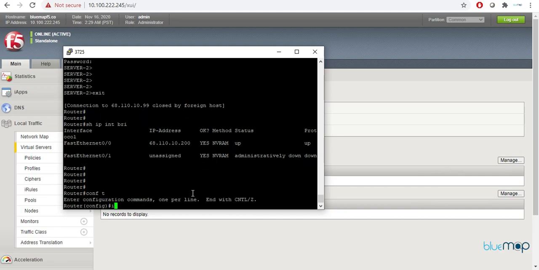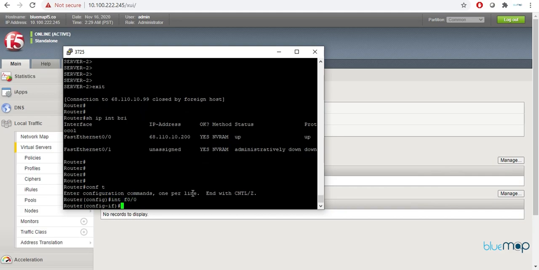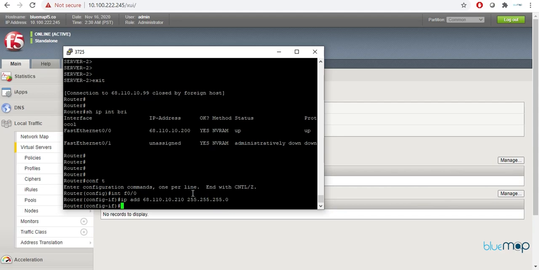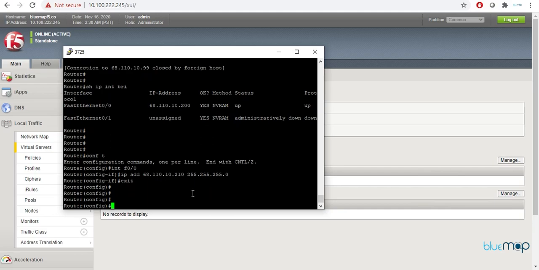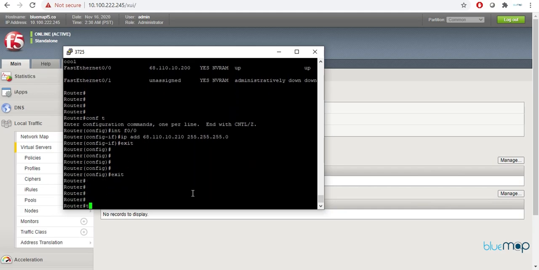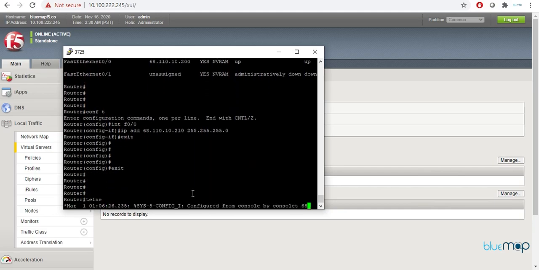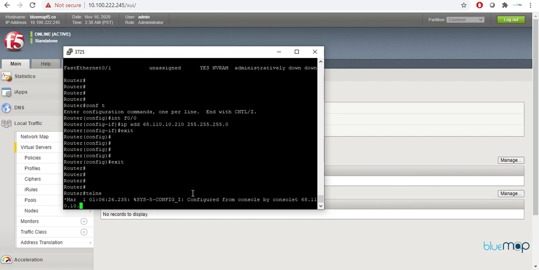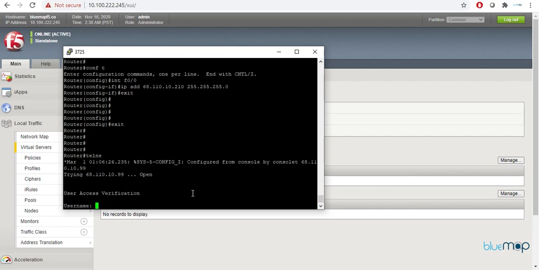So let's go back to interface f0/0, IP address 68.110.10.210. Okay, that would be good. 255.255.255.0, the mask of 24. Okay, so once that is done, let's again telnet to 68.110.10.99, Cisco,